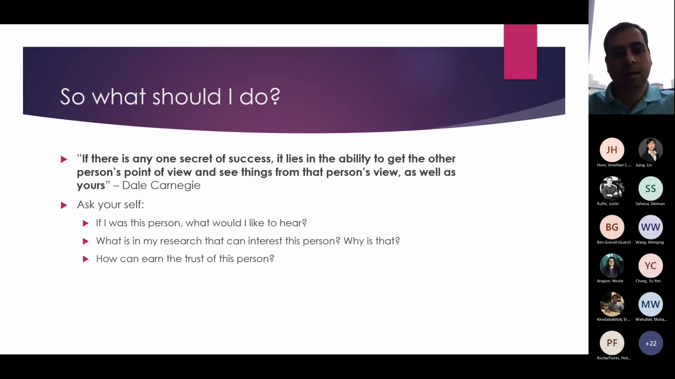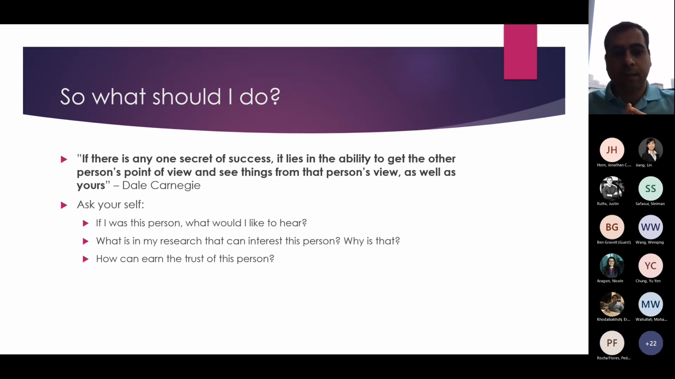Dale Carnegie has a great book in human relations. I just copied the sentence from him. He says, if there is any one secret of success, it lies in the ability to get the other person's point of view and see things from that person's perspective as well as yours. This is critical, because